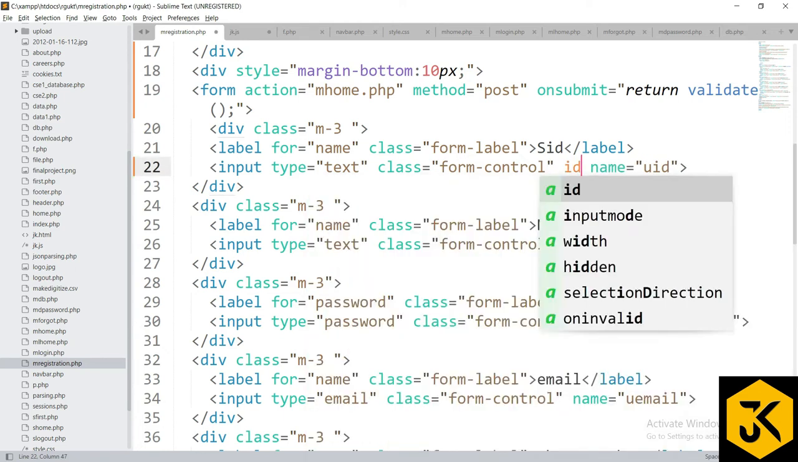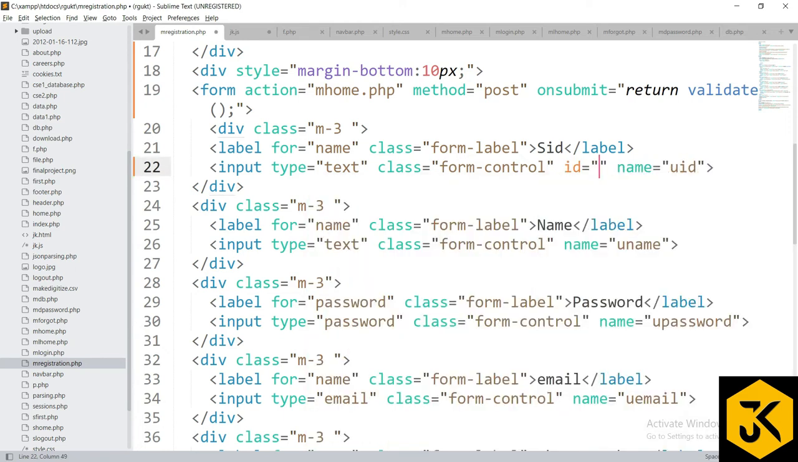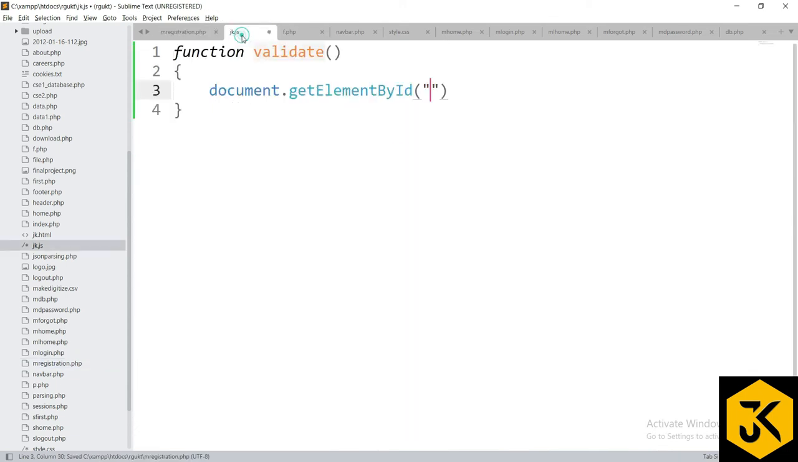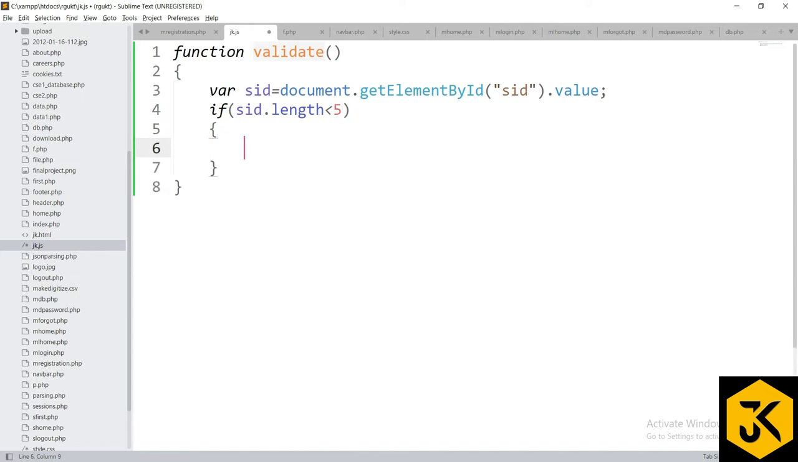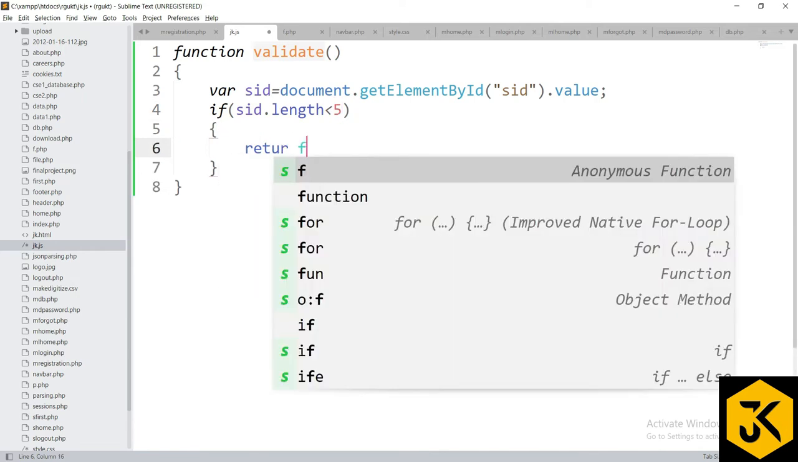There should be some ID. That ID I am taking as SID. I will write it as SID and take its value, and I am going to store it in a variable called SID only. I am trying to check if SID dot length is less than 5 characters. I am going to simply return